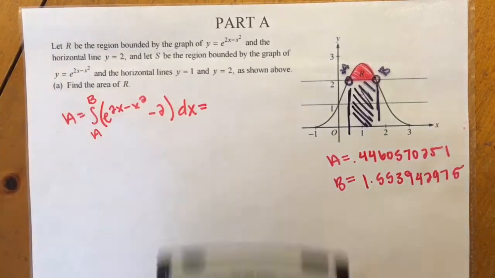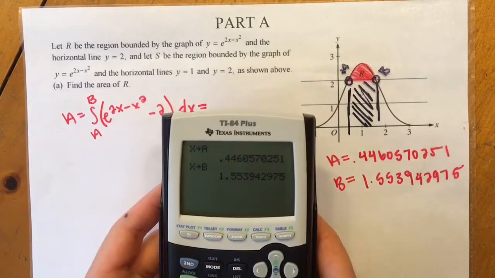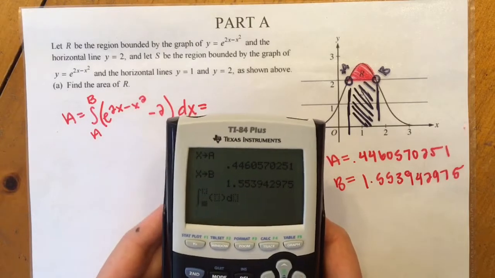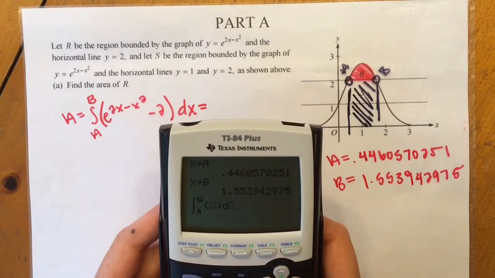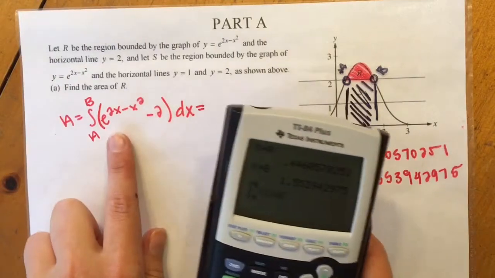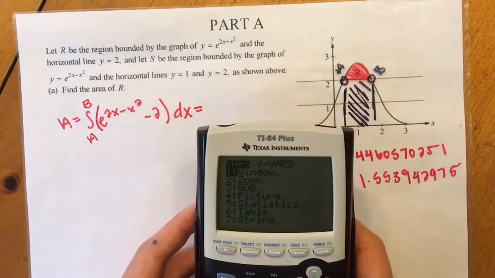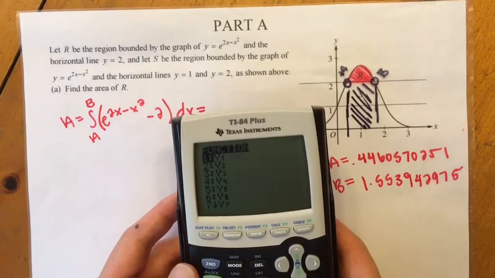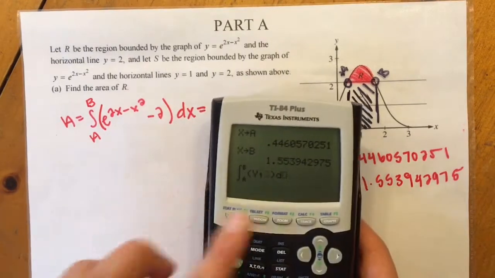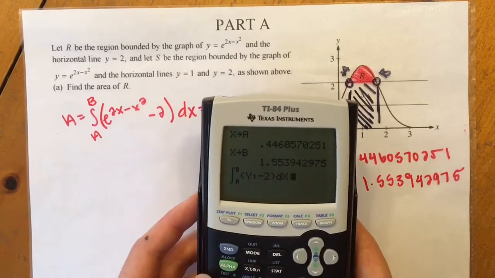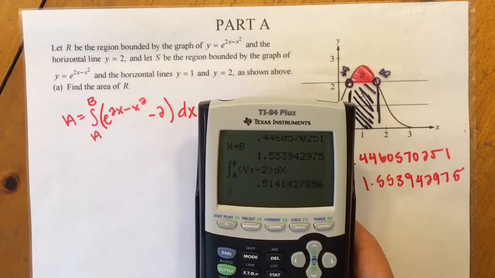So now all that's left is to type this into our calculator. It's math 9. If you're on a TI-84, it's going to be alpha A to alpha B. I know that I typed my y equals e up to the 2x minus x squared into my y1. So that I don't make a mistake, I'm just going to do this. My vars minus 2 dx. And I'm going to get